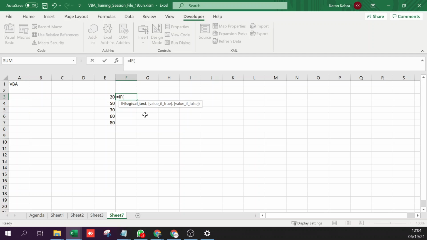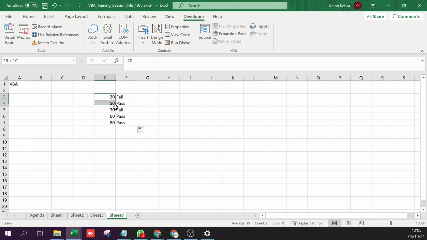Then you open brackets, then you write your logical condition, which is if this cell is less than 40, comma, value, if it is less than 40, then you want fail, else you want pass. And then you copy this.